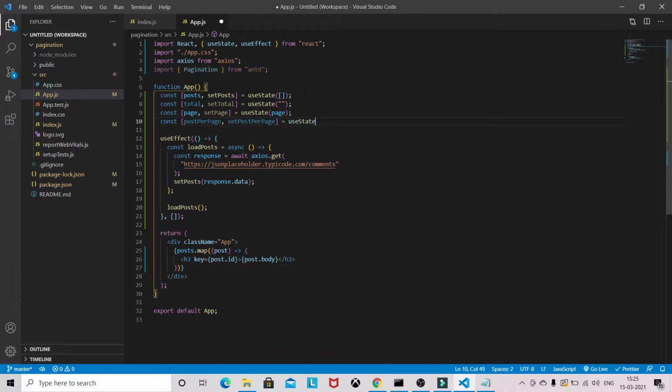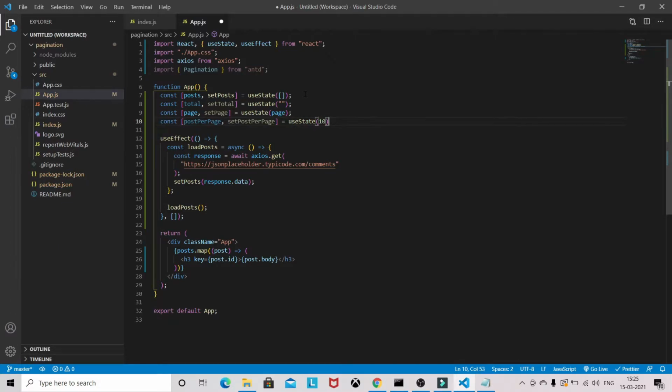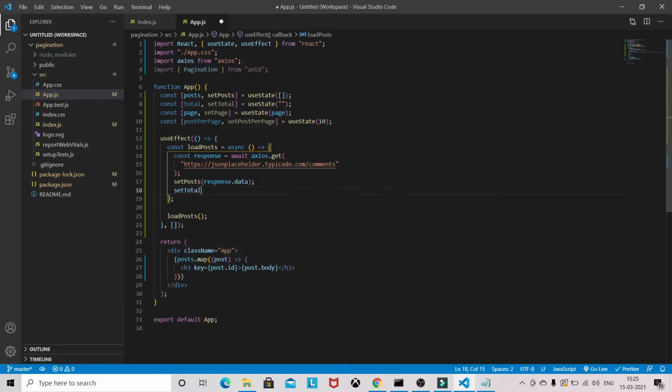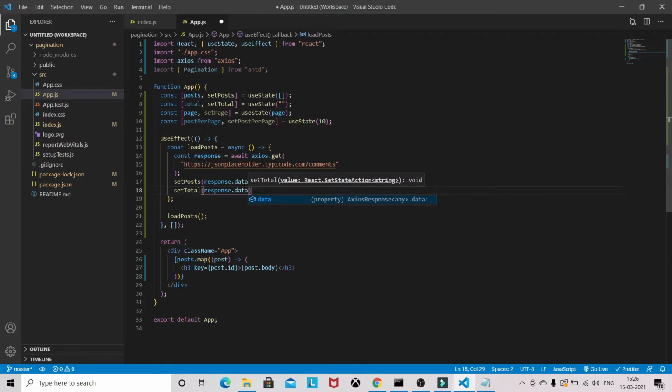By default we are displaying some number of data per page, and after fetching the data we need to set the total to response data dot length.